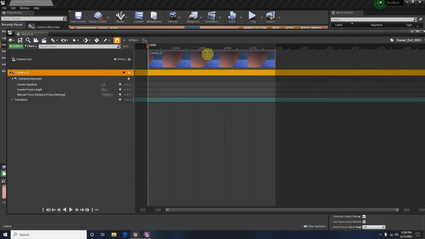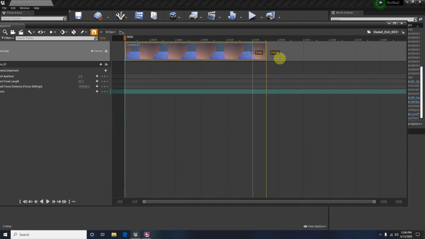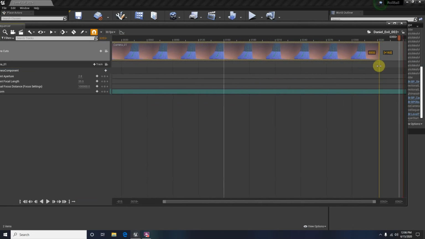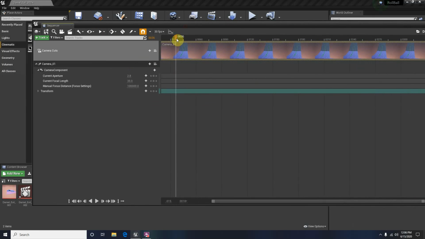The first one is going to last 5 seconds. There's going to be a fade track of a second, and then there's going to be another camera that lasts for another 5 seconds. So we're going to drag this red line out here to the end of our track, drag the camera portion down to 330, like that, and let's reset that back down to 330. And then now at frame 0,